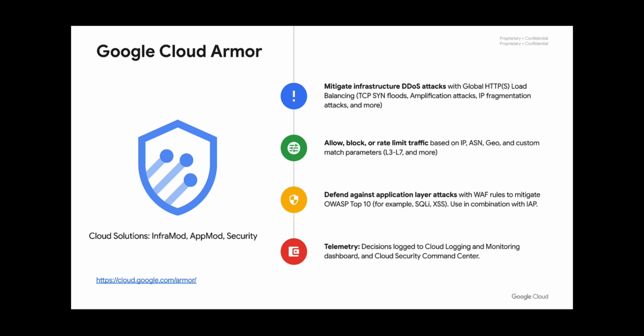Google Cloud Armor helps mitigate infrastructure DDoS attacks. It allows you to block or rate limit traffic based on various parameters, and it can defend against application layer attacks using WAF rules to mitigate OWASP top 10 vulnerabilities. So if you like, Google Cloud Armor is your protection for your API management platform, and your API management platform is your next layer of protection for all your applications and for your payloads, where all the AI is run with